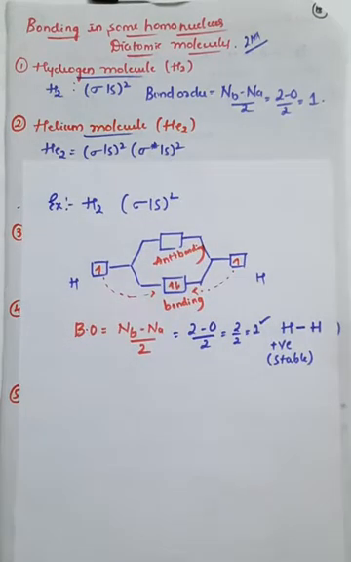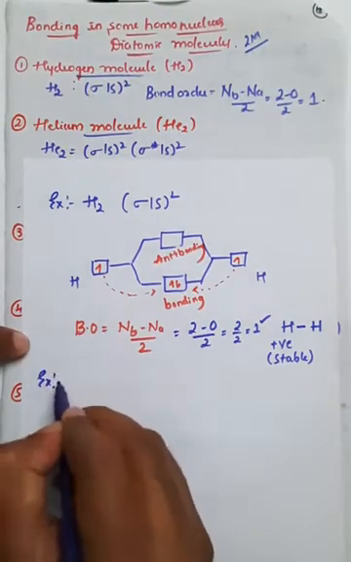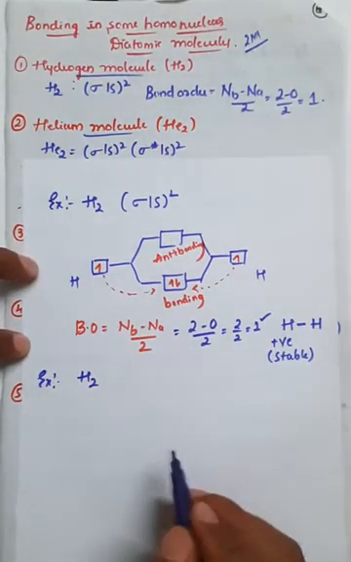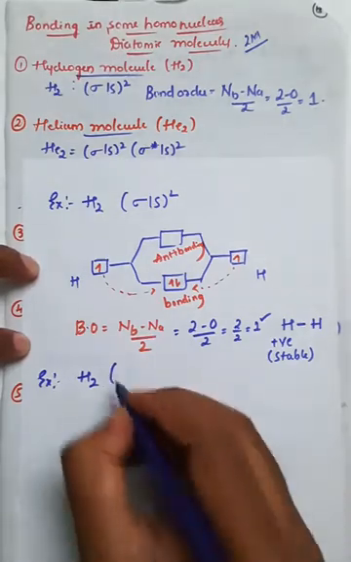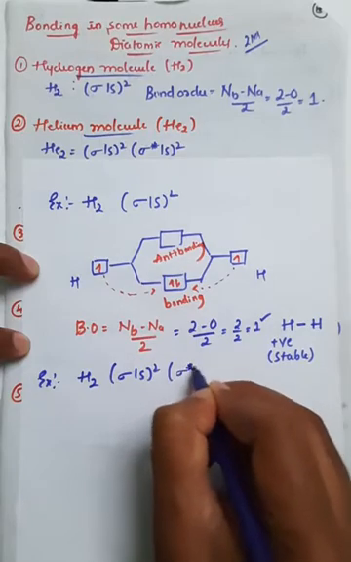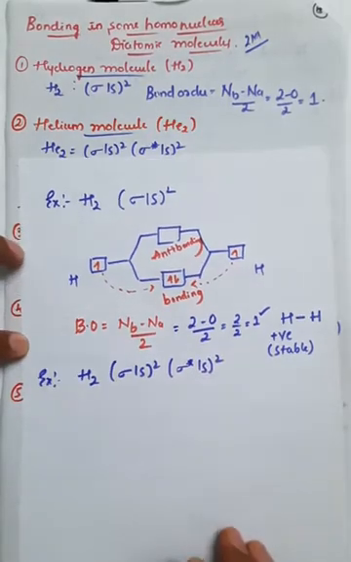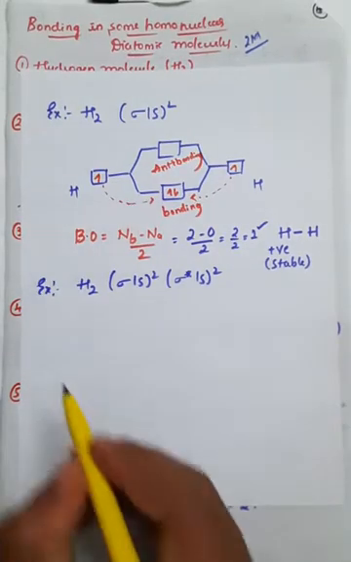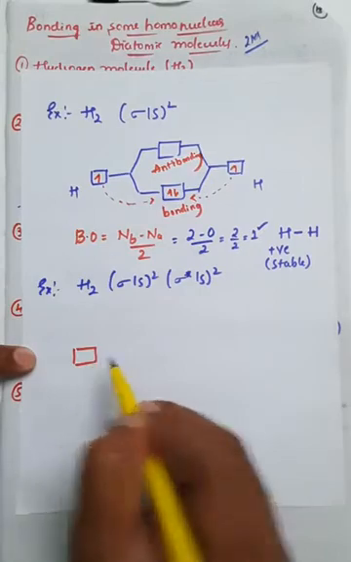Similarly, if you go for the helium molecule, if we take the example of helium, that is He2 molecule, we know the electronic configuration of helium is σ1s2 and σ*1s2, that is, σ1s2 as well as σ*1s2. Again, if you draw the orbital diagram for this,